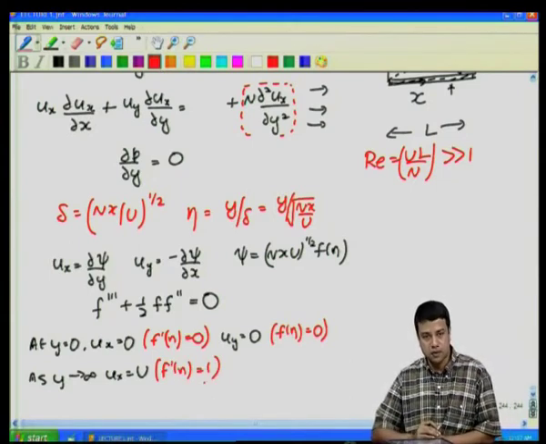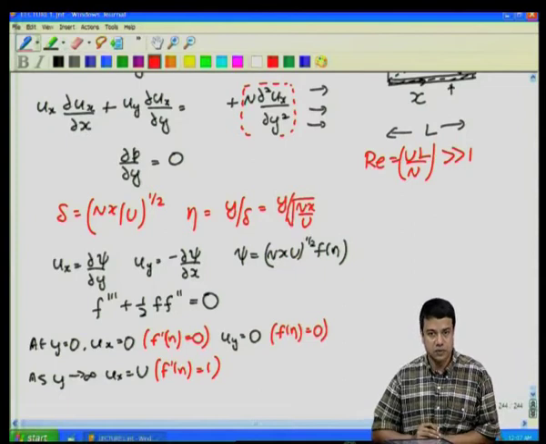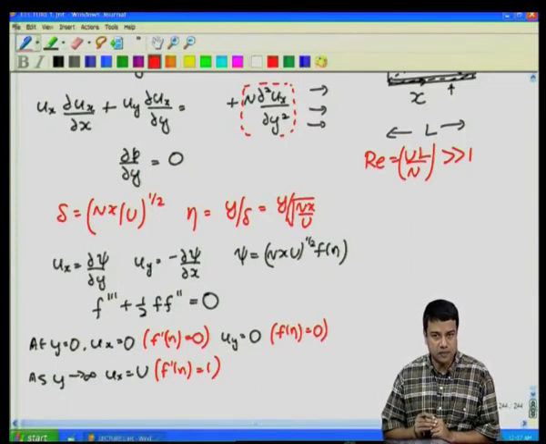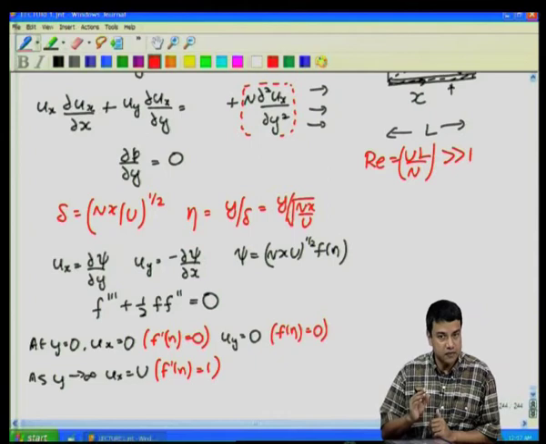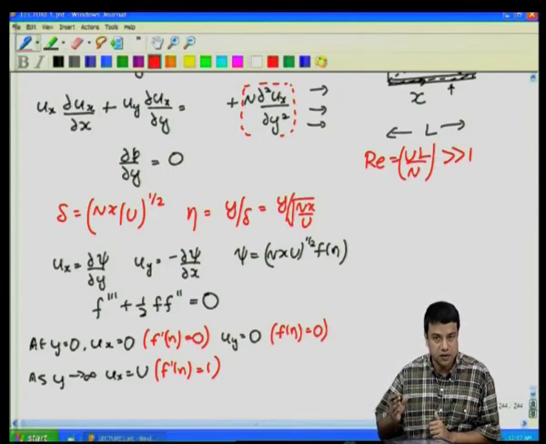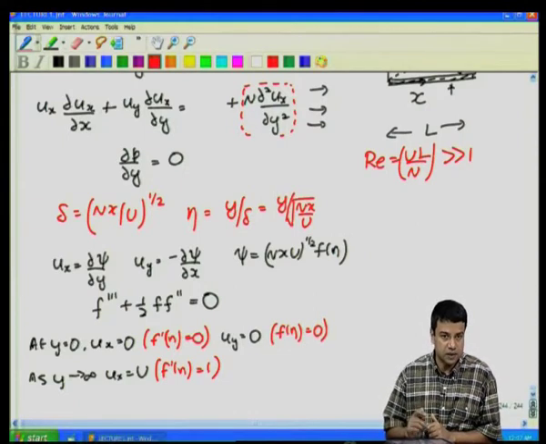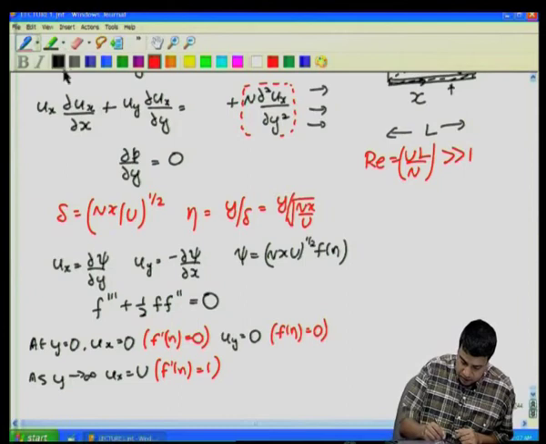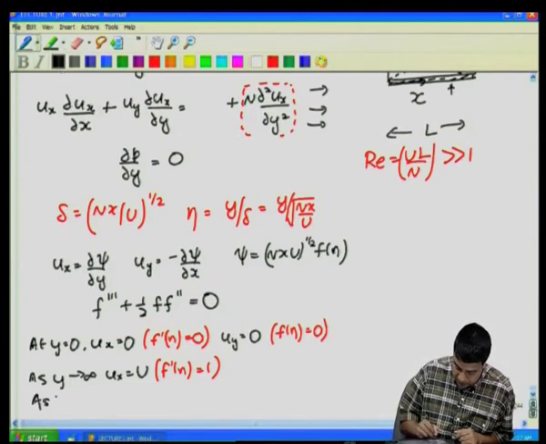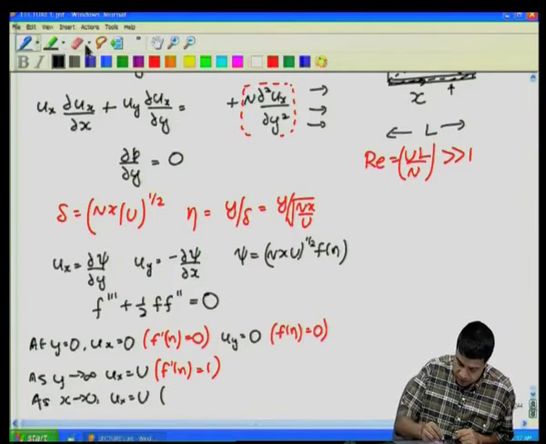Also, as x goes to 0, as you approach the upstream edge of the plate, the fluid has not yet felt the plate, because there is only downstream convection and perpendicular diffusion. The fluid has not yet felt the plate, and therefore, you require that as x goes to 0, u x is equal to capital U, which means that